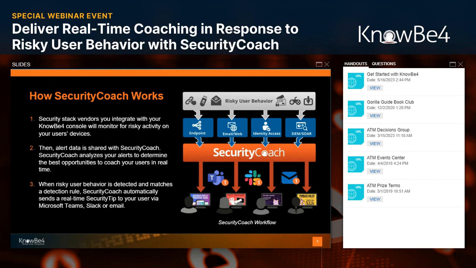We're going to connect over an API to an endpoint vendor, email or web vendor, and maybe even an identity provider, SIEM or SOAR product. From that, we'll ingest that information into SecurityCoach, and SecurityCoach will have detection rules, which we'll get into in the demo shortly. Those detection rules will determine the best opportunity to coach your user in real time on the risky behavior they're engaging in or may have been exposed to if the security product did not stop